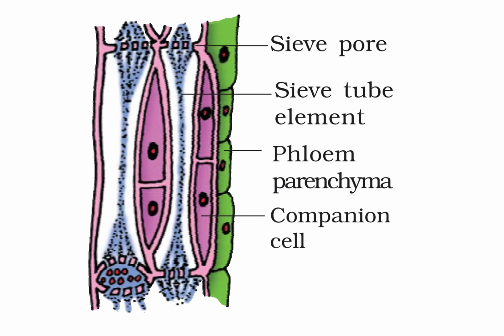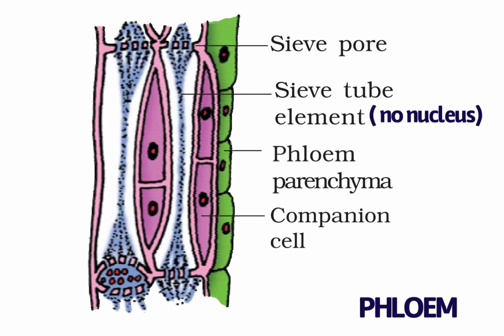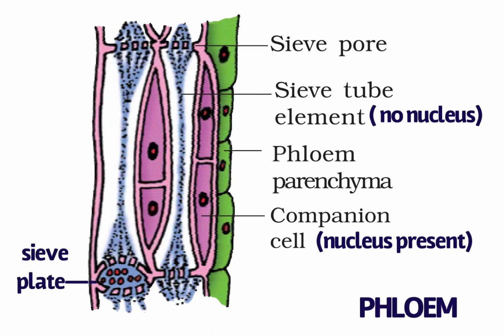Okay students, now with the help of this diagram, we'll understand the structure of phloem. See here, the sieve pores are shown at the upper part, which is the pore-like structure present between two adjacent sieve tubes. Sieve tube elements, as you can see, have no nucleus. The pink colored tapering structures are companion cells; they have a nucleus and they assist the function of the sieve tube. Then phloem parenchyma is also shown. It stores many of the substances we have discussed, and this portion is the sieve plate having sieve pores.